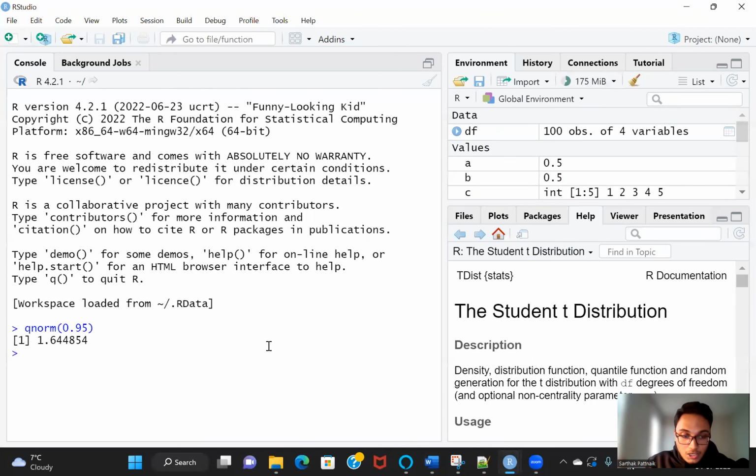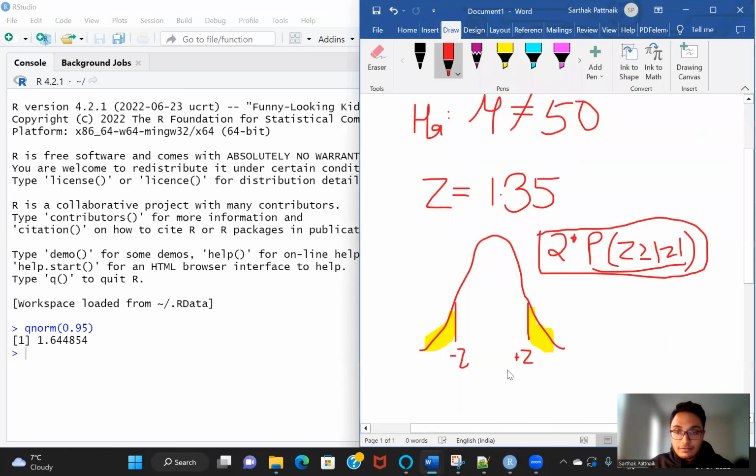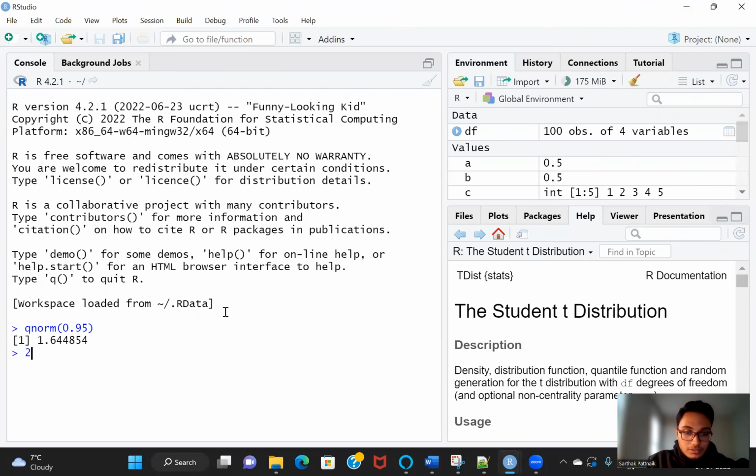Now keep in mind that we are calculating the area to the right of that test statistic. Look at it carefully. We are calculating the area towards the right. pnorm gives me the area towards the left. So I need to do 1 minus the pnorm of Z and then multiply that complete thing by 2. So this will be 2 into 1 minus pnorm of